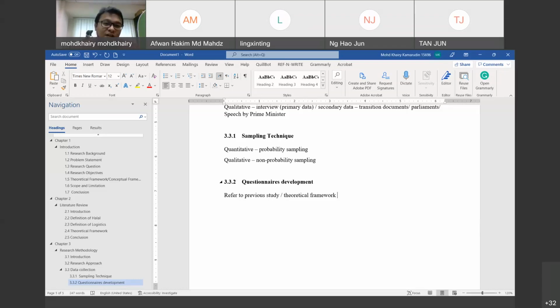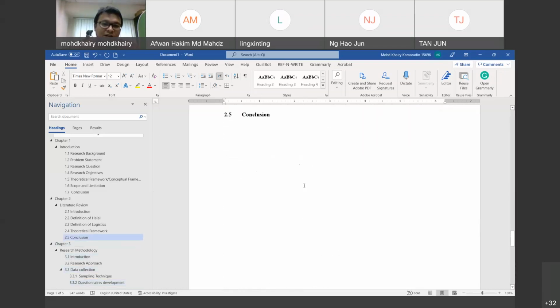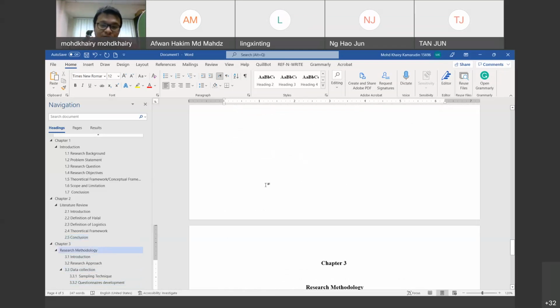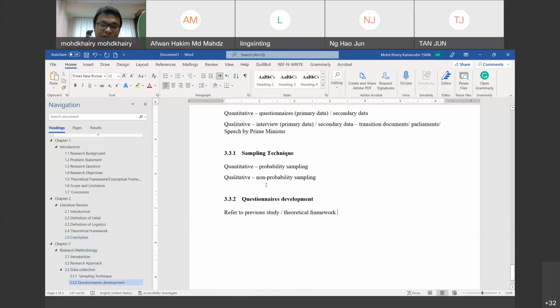If you use maybe the theory of reasoned action, for next week's session I will show you several theories that you will use in quantitative research. All right. Refer to previous studies or your theoretical framework, and then